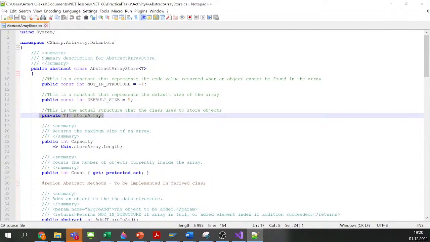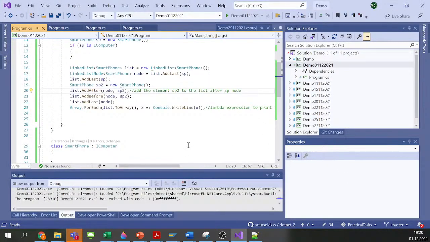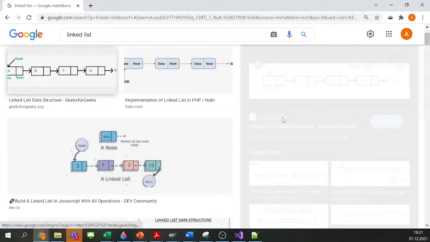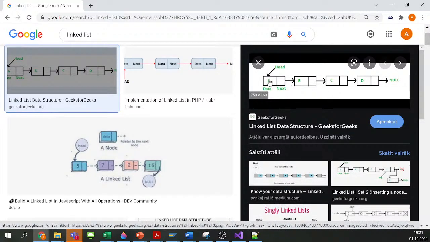The elements there are stored under the array, but it's not the only way we can implement the list collection. Using arrays is not the only way. We can also have another way, which is more tricky, but does not require creating any arrays. And this is a linked list, and for the linked list, the key point is that, let's say we have one object,